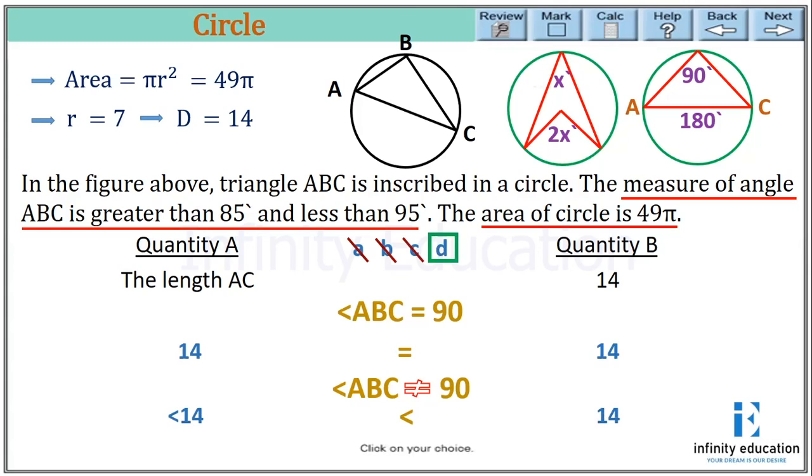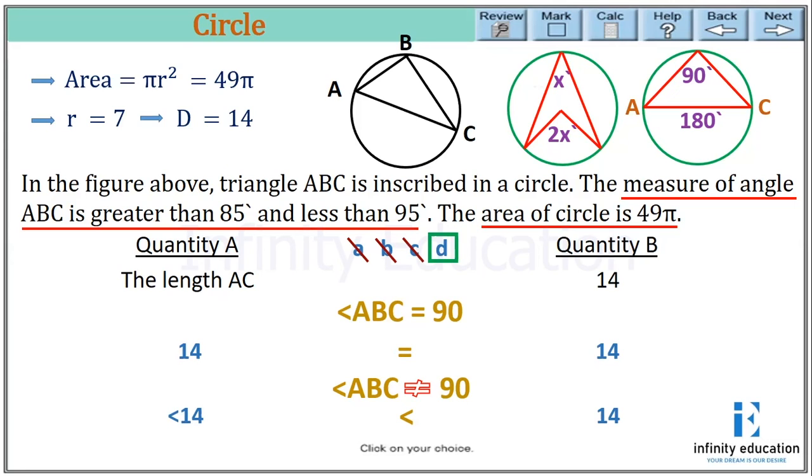So understanding this question is very much important. Again, I am repeating. Here we have done with the central angle to the circumference angle theorem. So if we are considering the circumference angle as 90 degree, the central angle has to be 180 degree, and if the central angle is 180 degree, then only we can say AC is the diameter. So when AC is the diameter, that will be the longest chord. That's why we have considered both of them are equal and we have eliminated A and B.